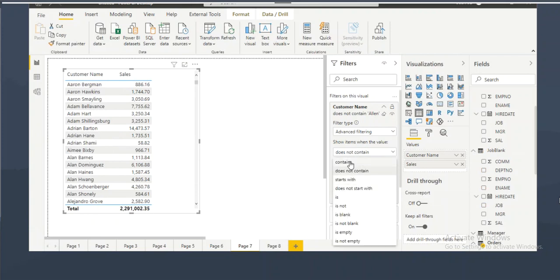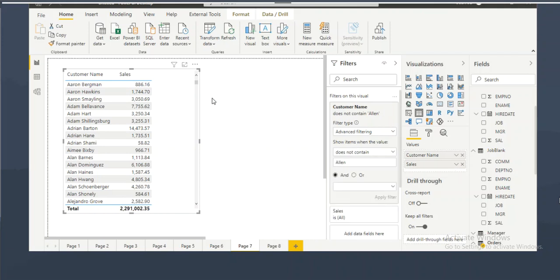Starts with, you have it. Contains, you have it. But ending with, you don't have it. When you don't have any option directly, we have the DAX language which we can use to filter the data. You'll understand that. Fine. So these are the advanced filtering options you have on a text column, guys. Same way.